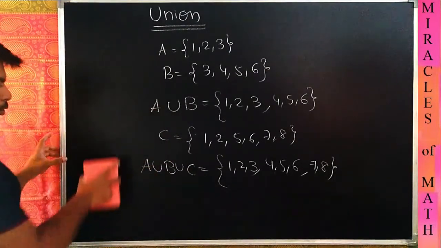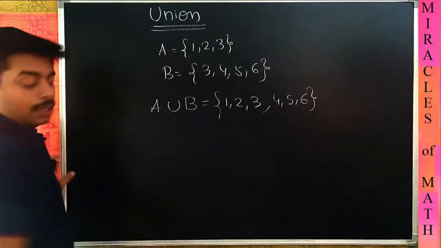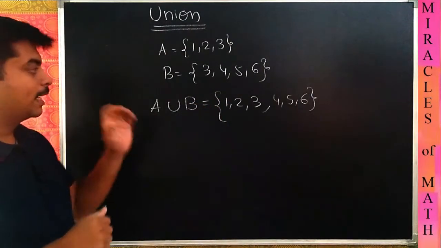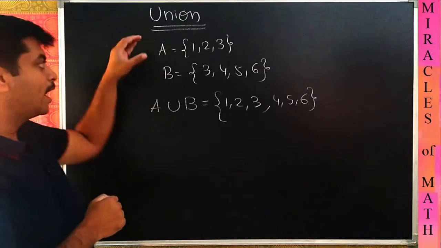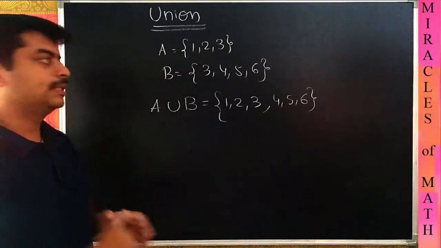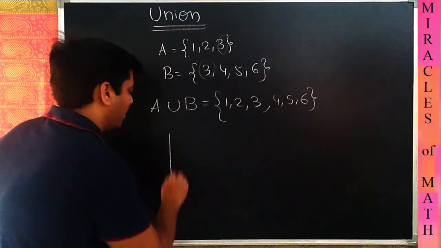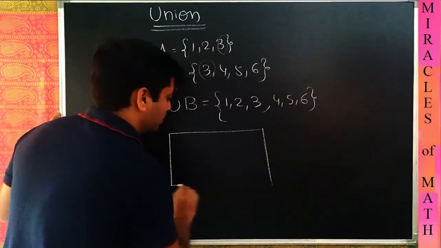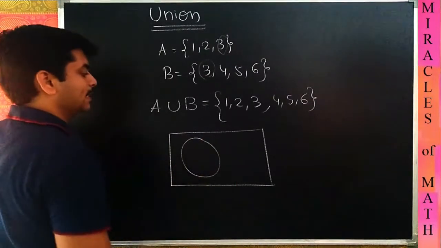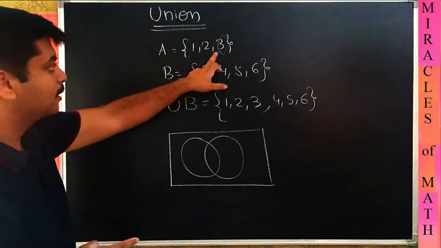So let us not go beyond this one. Let us stick to 2 sets so that we will learn how to use Venn diagrams here. We have one set A, one set B. Are there any common elements between these two? Yes, there is a common element between A and B. So these two, when represented in a rectangular box, that is a Venn diagram. The first one will be set A, the second one will be set B with some intersection part because they are having the common element.